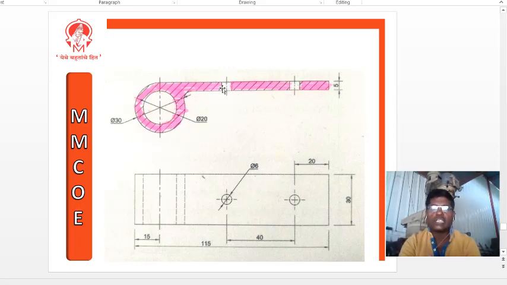Now for this job we have to create another jig. While designing, by considering the principles stated earlier, we can manufacture a drilling jig. There are various types of jigs. You can use any type of jig to manufacture a fixture for this.